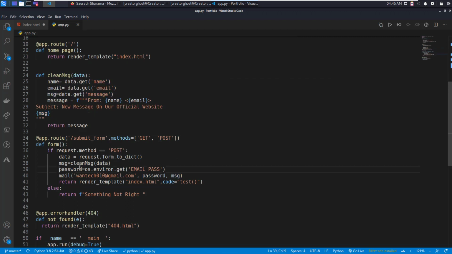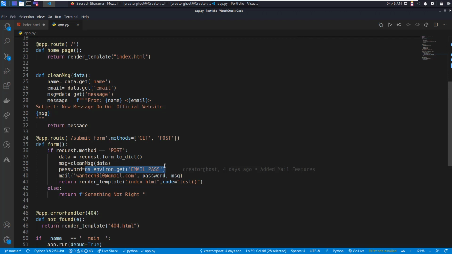And here you can specify your password, like password is equal to whatever password you have with your Gmail account. Here I have used os.environ.get, which is needed to hide the password, so you don't share the password online. Like if you are going to push this code to GitHub, someone might read the code and they can put some benefit of it. So here you can save your passwords.